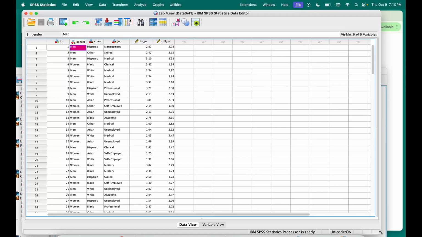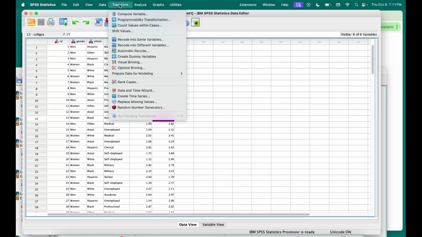So we need to approach this by computing percentile ranks without assuming normality. In that case, we need to use our raw scores, so the scores that we have here for GPA, on the current scale they're on. So what we're going to do is go to Transform, Rank Cases,